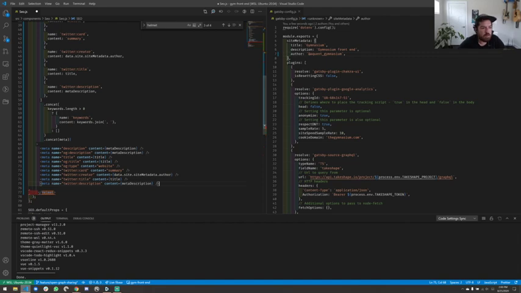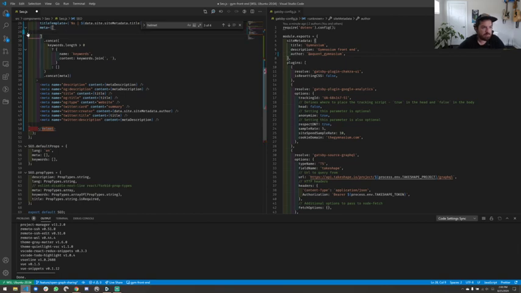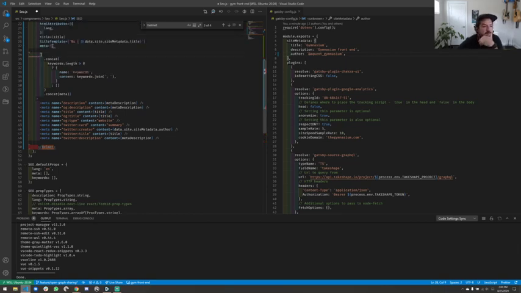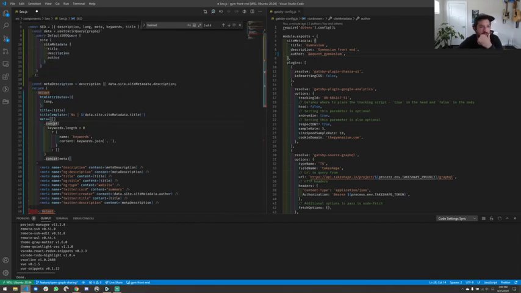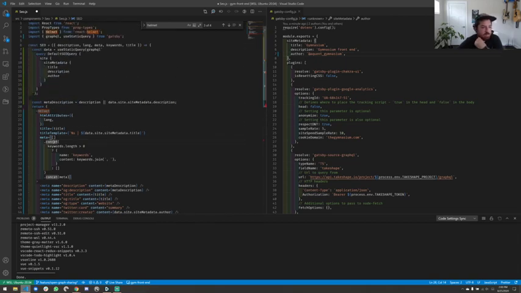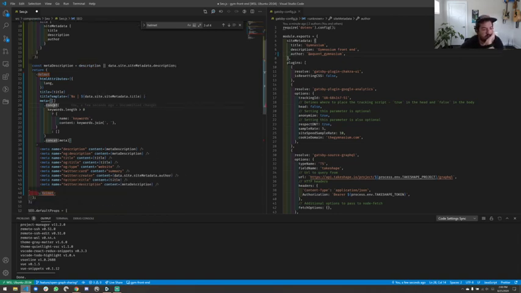So we've just gotten rid of all of this stuff. Not really gotten rid of, but we've simplified. And what this is saying here is if there's keywords provided, we join them up into a big long string, which we can do here. So we'll say keywords.length greater than 0, and remember this.